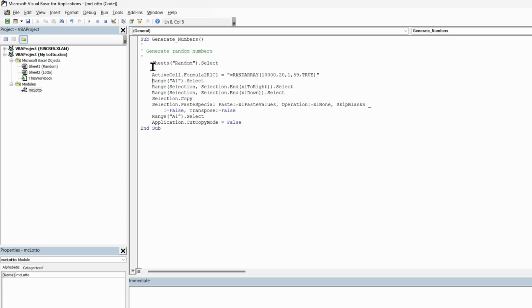So that's now going to select the Random sheet, and then I want to move this up, and in fact I want it twice, don't I? So I'm going to copy that. I want to select the sheet, select A1, then put that formula in, and then here,